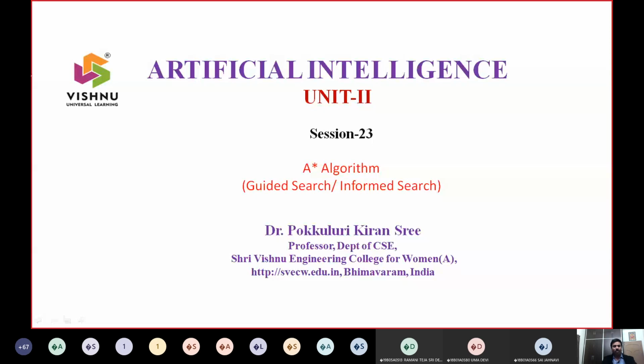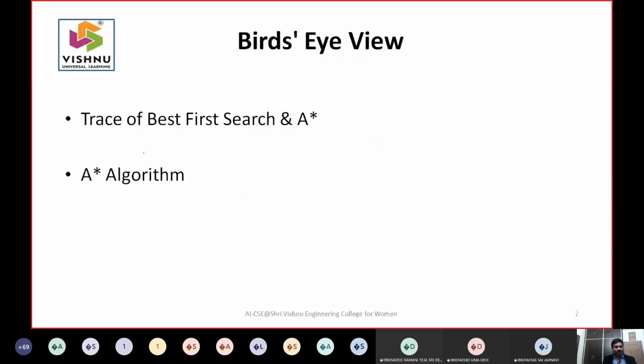That is the reason we are talking about best first search and A star algorithm for the last 3 classes. And this class is a very simple class which will explain what exactly an A star algorithm is by using the trace of the algorithm. We will follow the same nomenclature that we have used in the earlier classes. This is the agenda of today's class, a simple class which gives more emphasis on the trace of A star, because best first search was seen in the earlier classes.